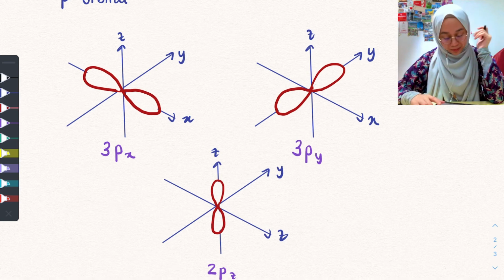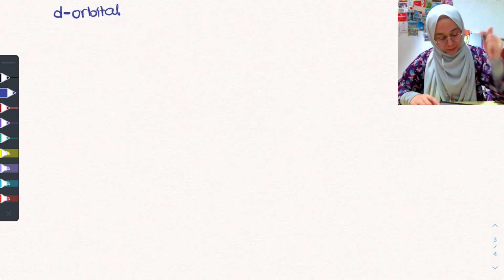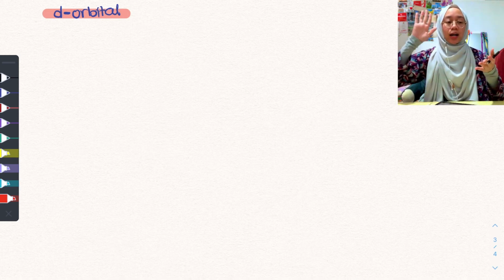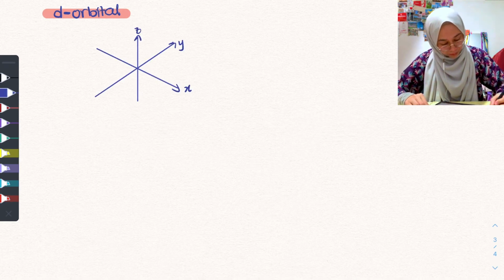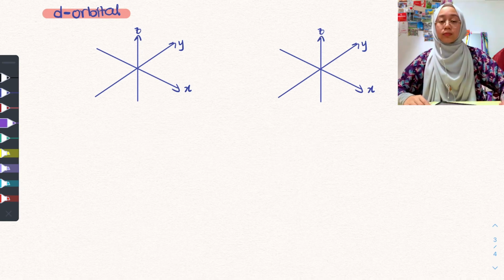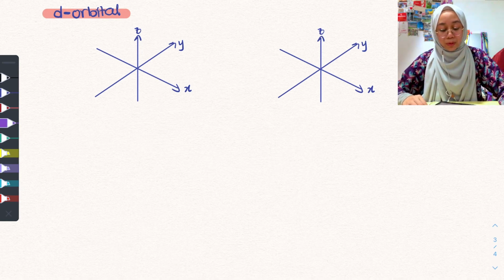Let's have a look at the D orbital. Okay, so for the D orbital, as you know, there are two groups that Miss differentiated earlier. So I'll show you the easiest one first. Okay, the easiest one is the one with squared, because for the one with squared, the orbital lies on the axis. Okay, so we will draw those two first. So let me draw the axis first. Alright, so we have two sets of axes here. So let's draw